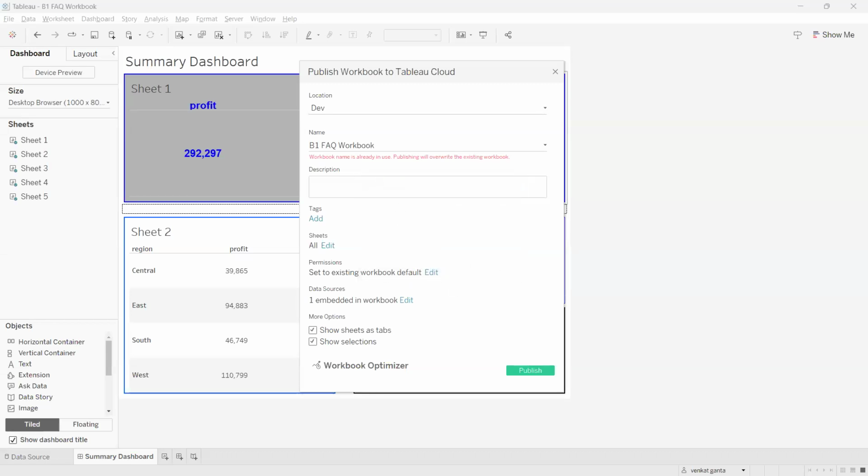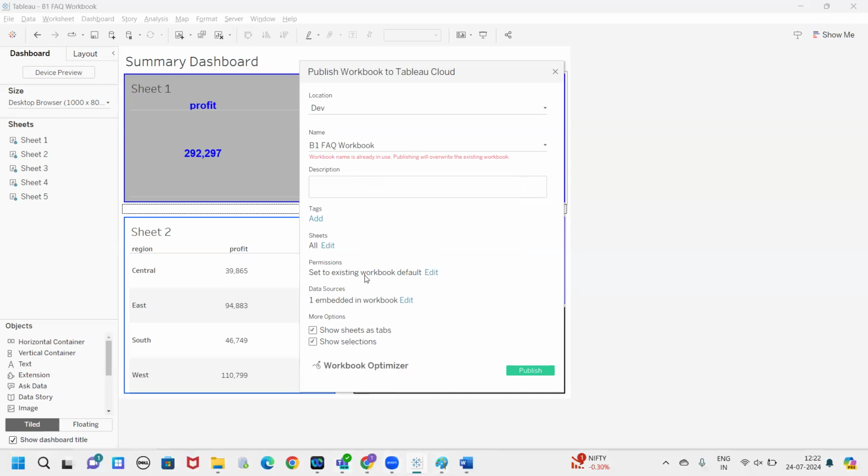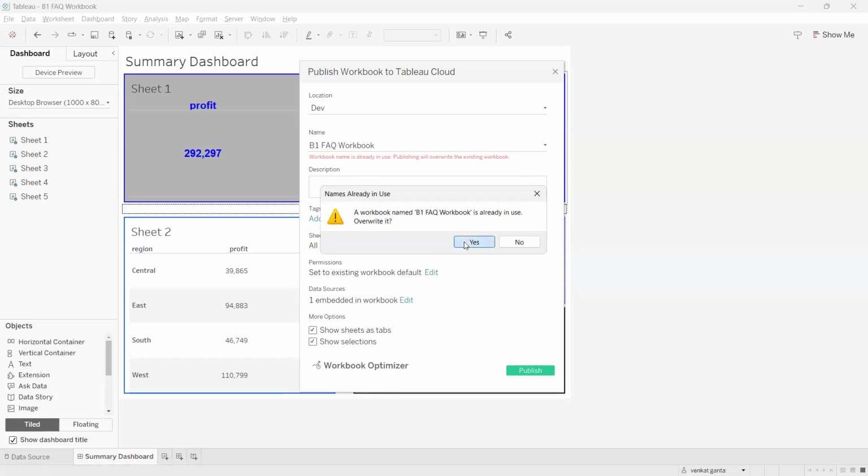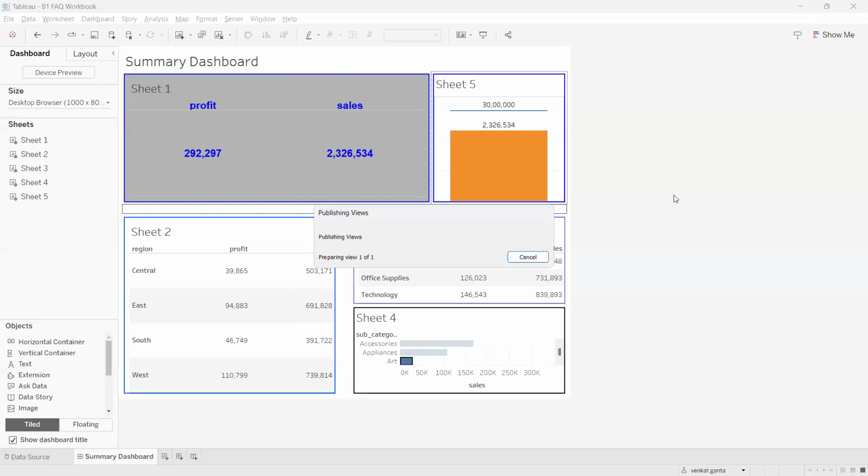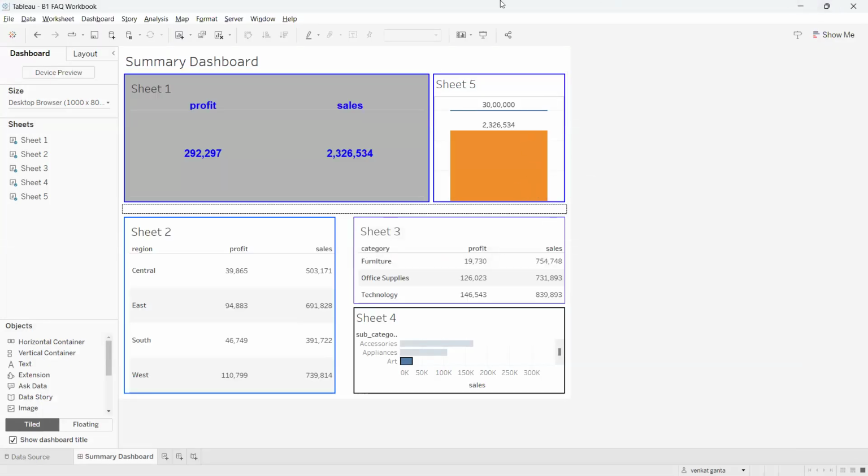I told you about this one also in the class 4 video. Just go through that one. I don't want to repeat all those. I'll just go through all those things in a fast manner. We can publish our work to the Tableau server. Now we are finishing our day. Okay, so we'll continue the remaining things maybe tomorrow or the day after tomorrow. So before the next class, I strongly recommend you to